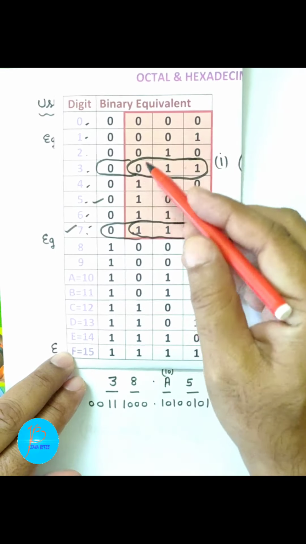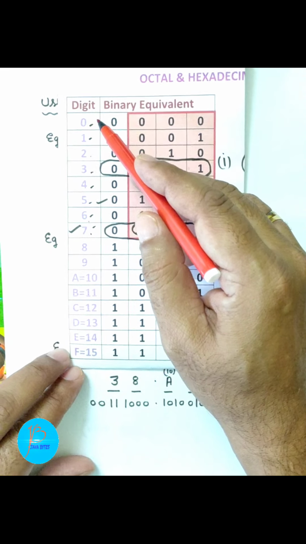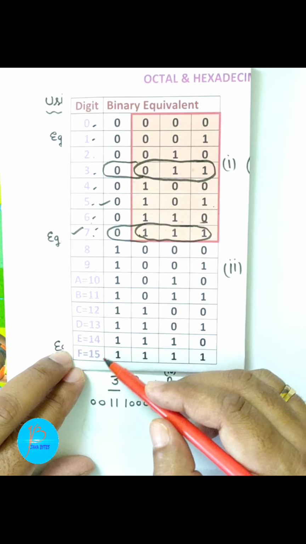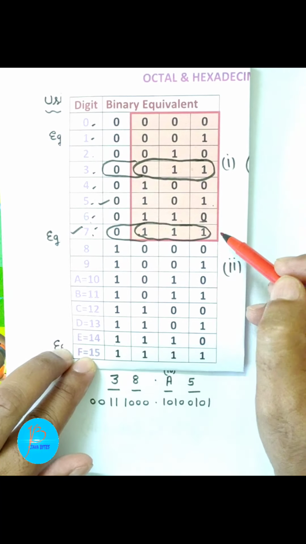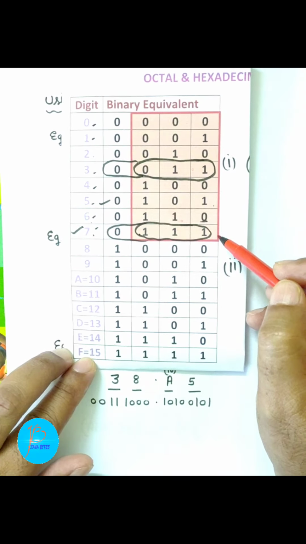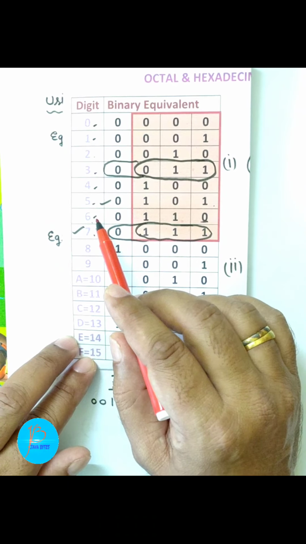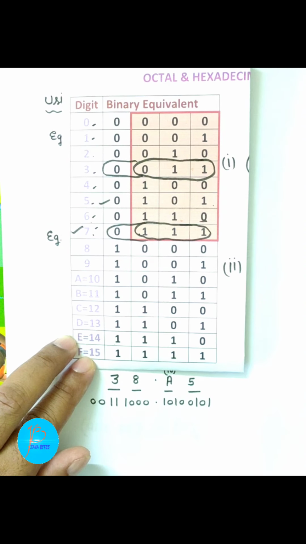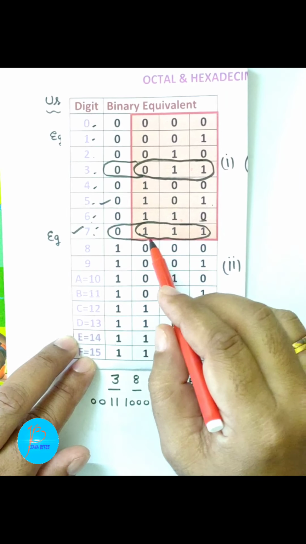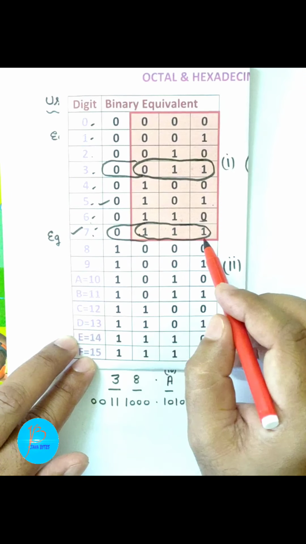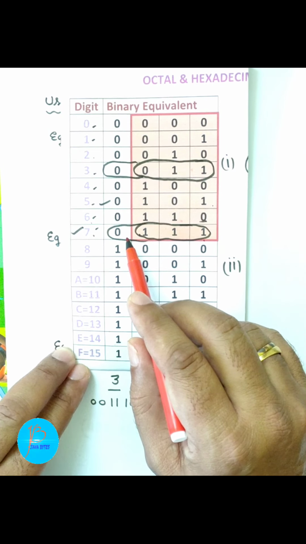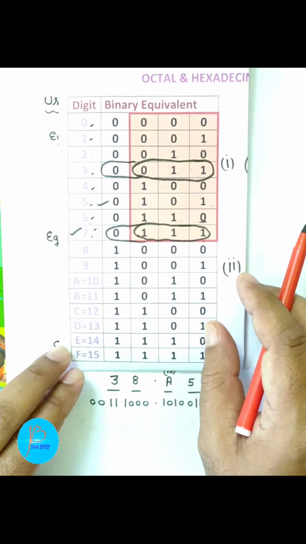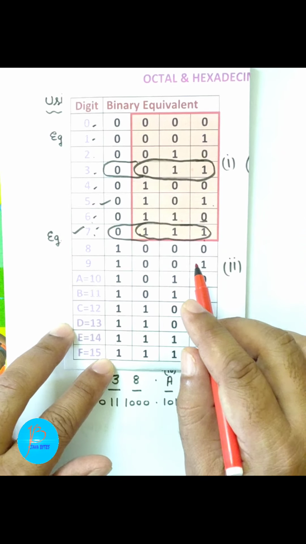It is the table, children. In this, the numbers from 0 to 15. Now 0 to 15 means all the hexa values are taken, and this shaded part represents the octal equivalent. Whenever you convert a digit from octal or hexa to its binary equivalent, when you take the octal equivalent, the length of the number is taken as 3 digits, and when you take the hexa equivalent, the length is taken as 4 digits. So we will take the help of this table, children.